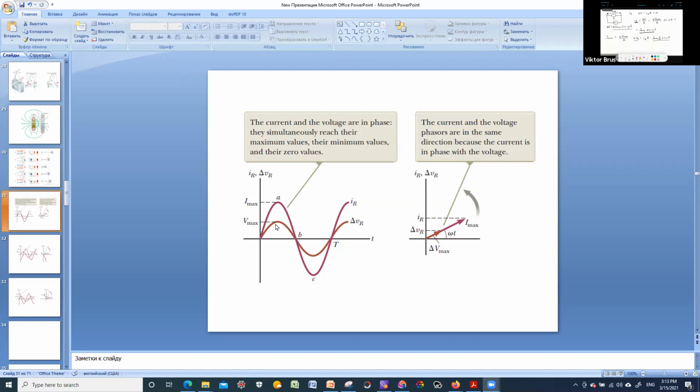It means that voltage and current reach their maximum value, and their minimum, like zero value, also their minimum values at the same time. So there is no phase shift between voltage and current at the active resistor, which is hooked up to the electric circuit with